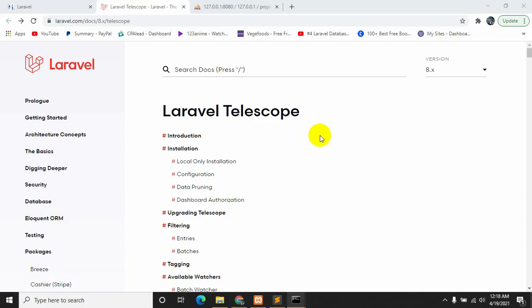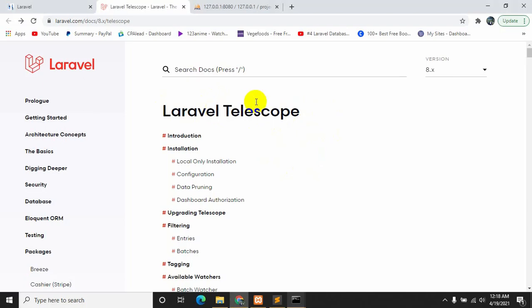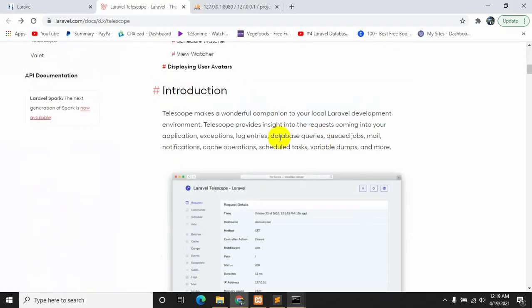This is Yamin, and in this tutorial I am going to show you how you can install a Laravel debugger, which is called Laravel Telescope, in your Laravel project. Okay, so if you install Laravel Telescope in your project, you will be able to see all the exceptions, log entries, queries, errors, then also all the tasks and the terms file and many more.